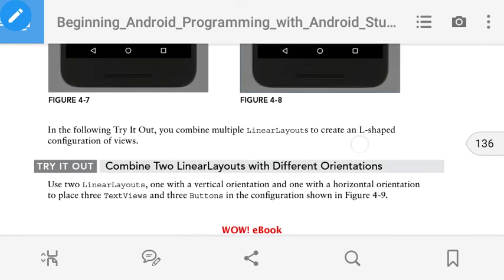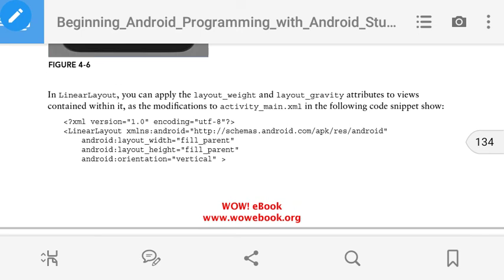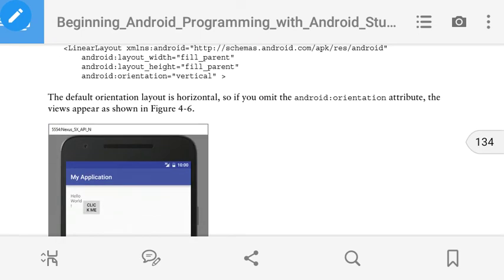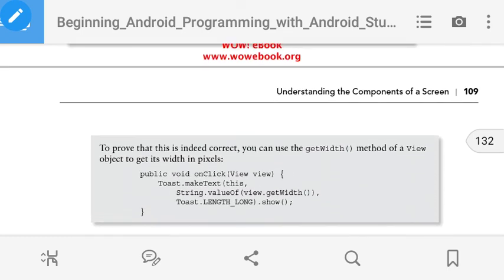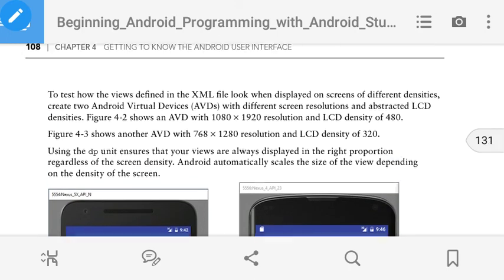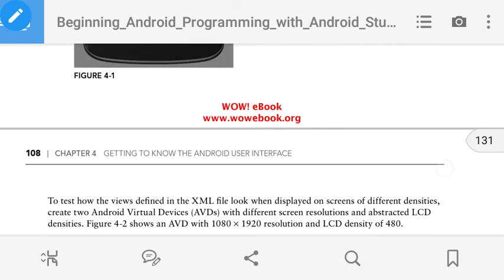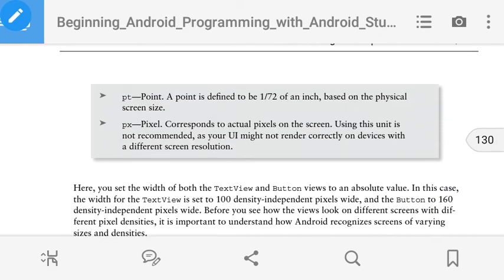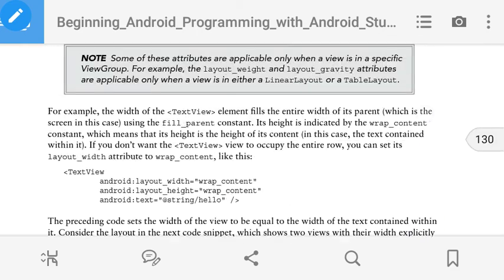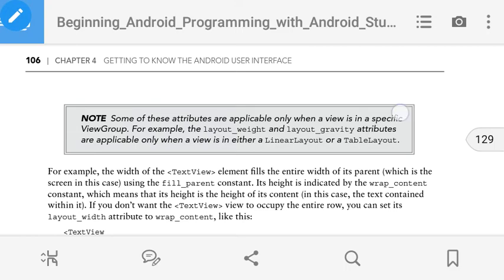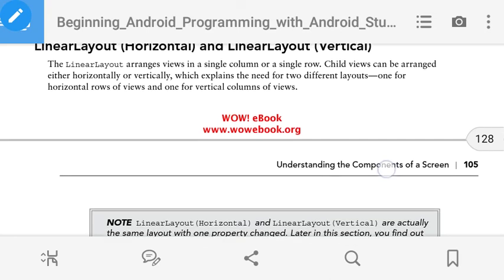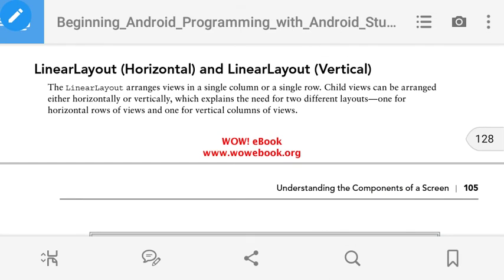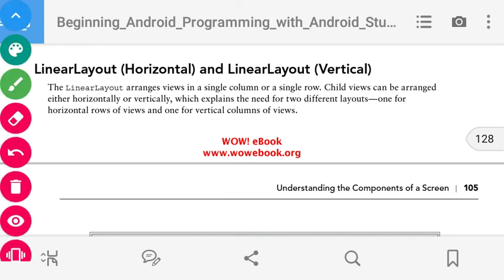Now let us see about linear layout. Linear layout is one type of layout. We have already seen frame layout. In linear layout we can place many views in a single activity inside linear layout. All these views will be arranged vertically or in a horizontal manner. So in linear layout we can set two properties: horizontal and vertical. So as we can see,